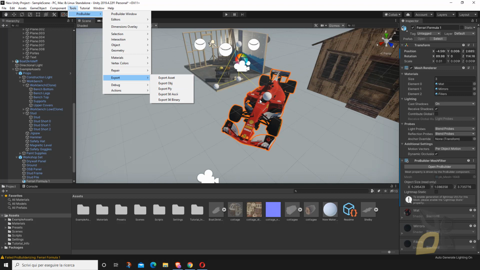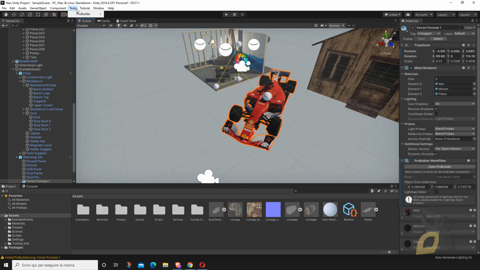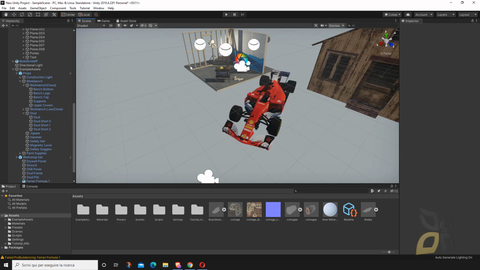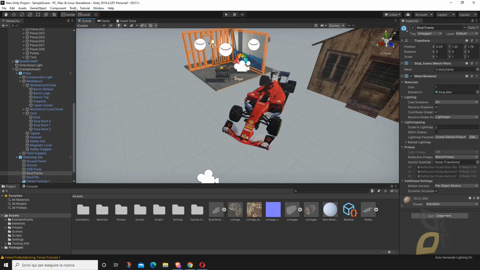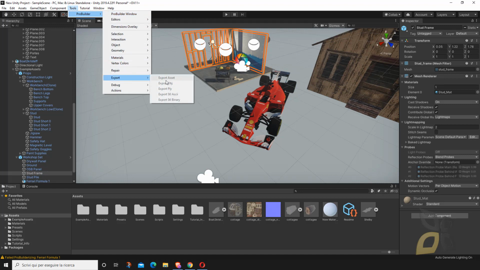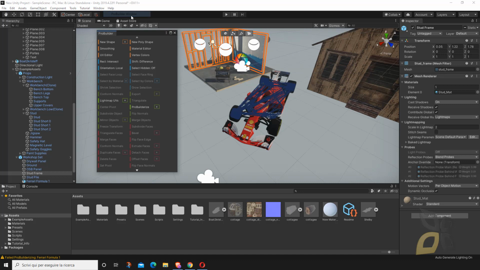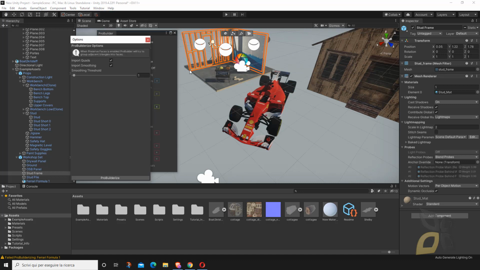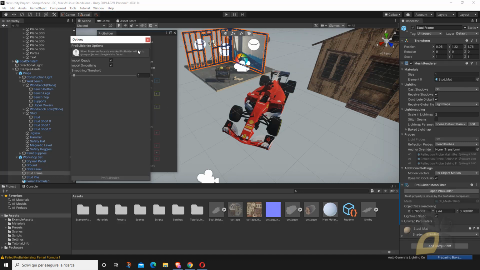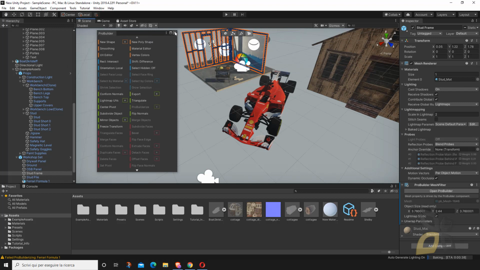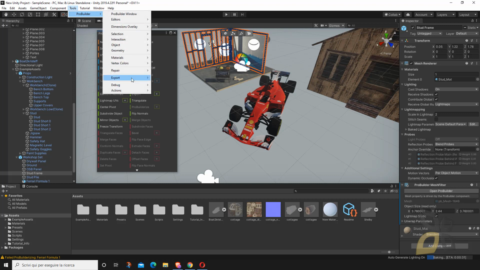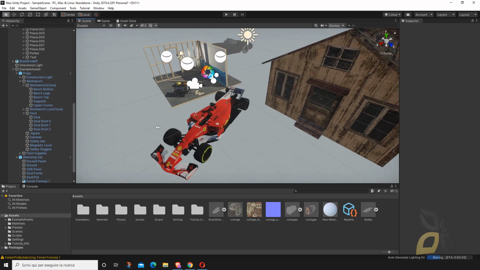Now, if you don't convert this using the ProBuilderize tool, let's say, for example, I want to export this one here, and I go to tools, you can see you cannot export. So before doing that, you need to ProBuilderize each time. There you go. Once you do that, you'll be ready to export in these other formats. Now, this is just to show you other options.